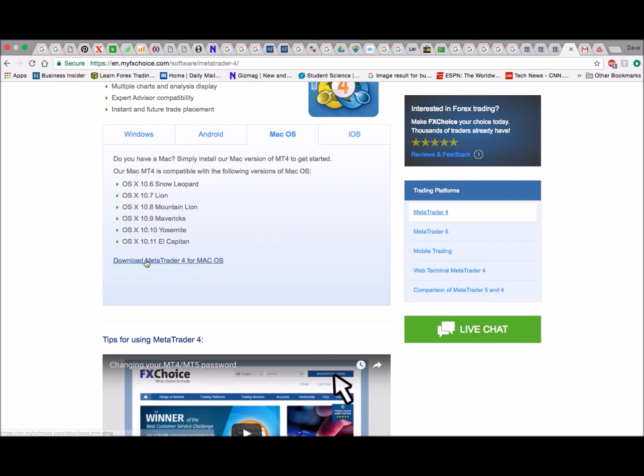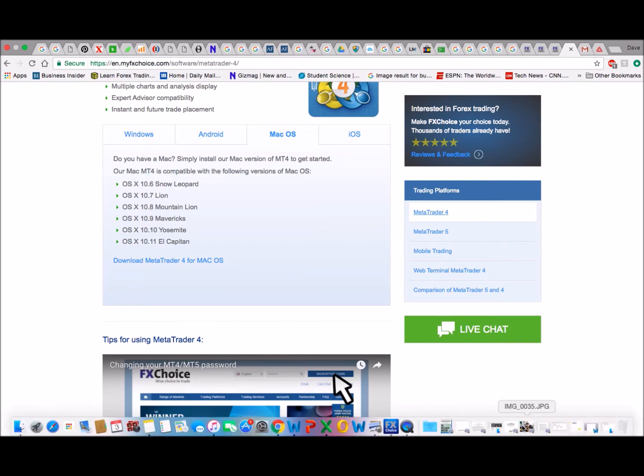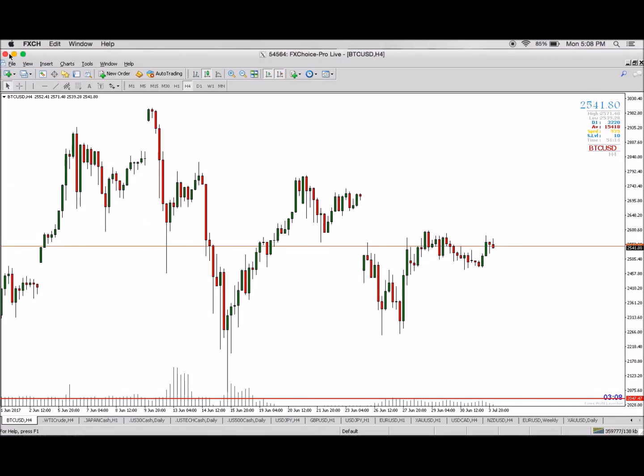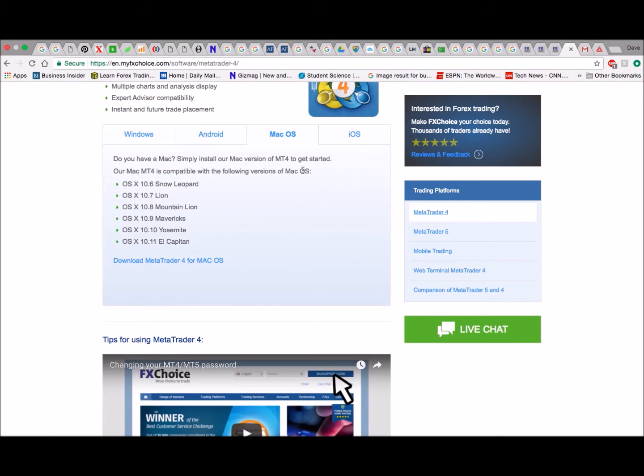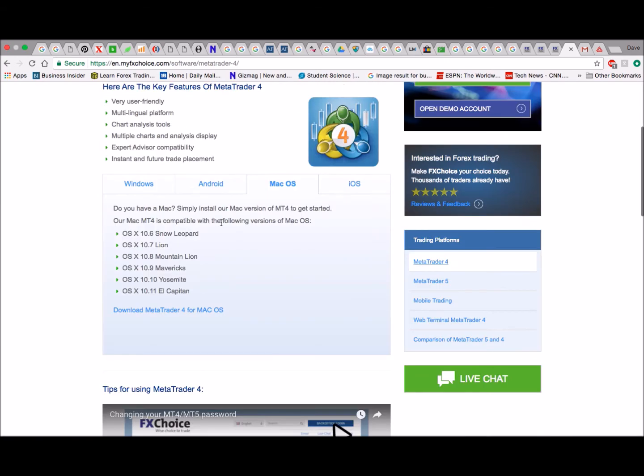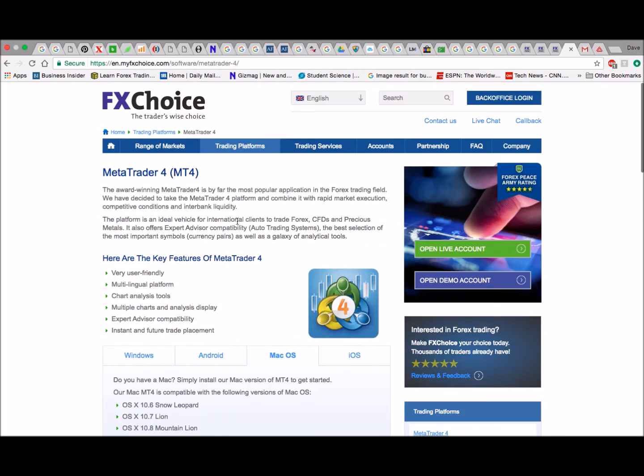All you have to do is just press on this download MetaTrader 4. You'll get a pop-up and it'll just start downloading. I already have the platform on my computer right here, so I won't be downloading it again, but like I said, it should be a fairly easy setup to download. So after everything is downloaded, you would launch the terminal. You would launch it, or it should launch by itself, and then we're gonna go back